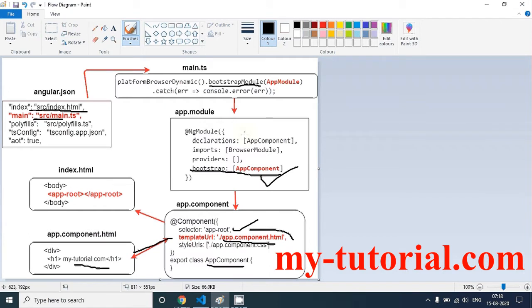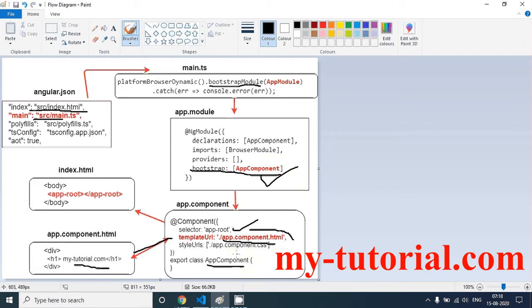Let's recap this diagram. It will start from main here. It will go to main.ts and it will bootstrap app module. From the app module, it will look into the bootstrap property. What is the name of the component? Whatever name you give, it will bootstrap that component, and it will come back to that component.